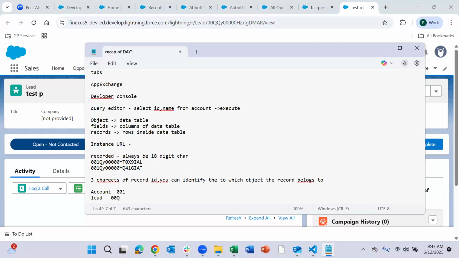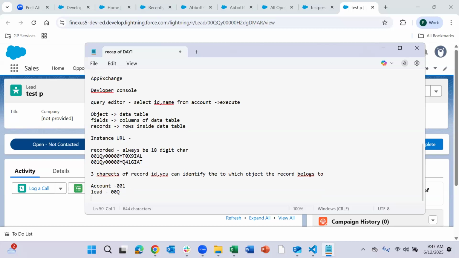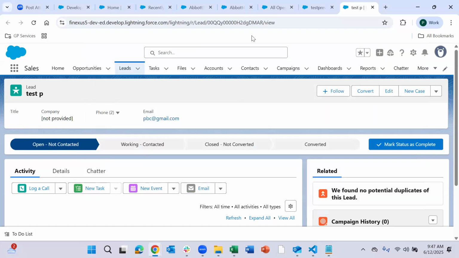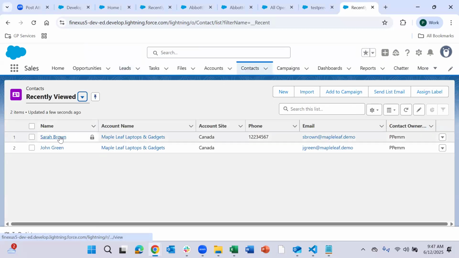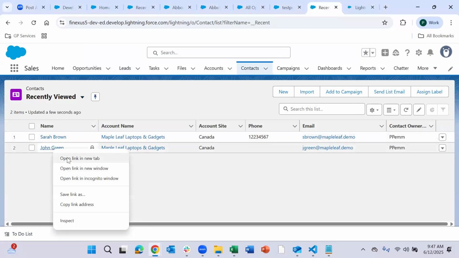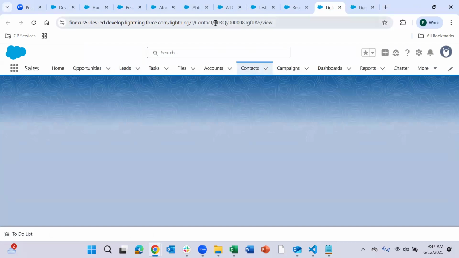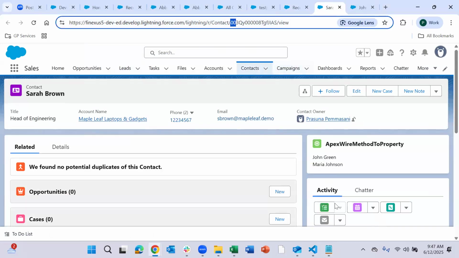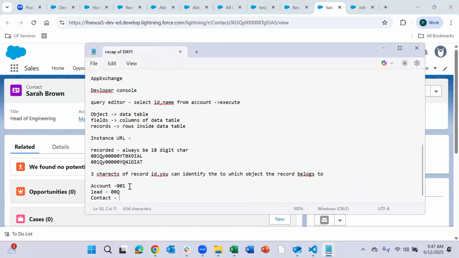Mostly people use the account and contact objects provided by Salesforce; they don't create their own new objects. So at least you have to know what the account object record starts with. It will be 001. Similarly, let me open the contacts and see what the contact record starts with. It's 003. So at least these two we can remember. Account starts with 001. Contact starts with 003.